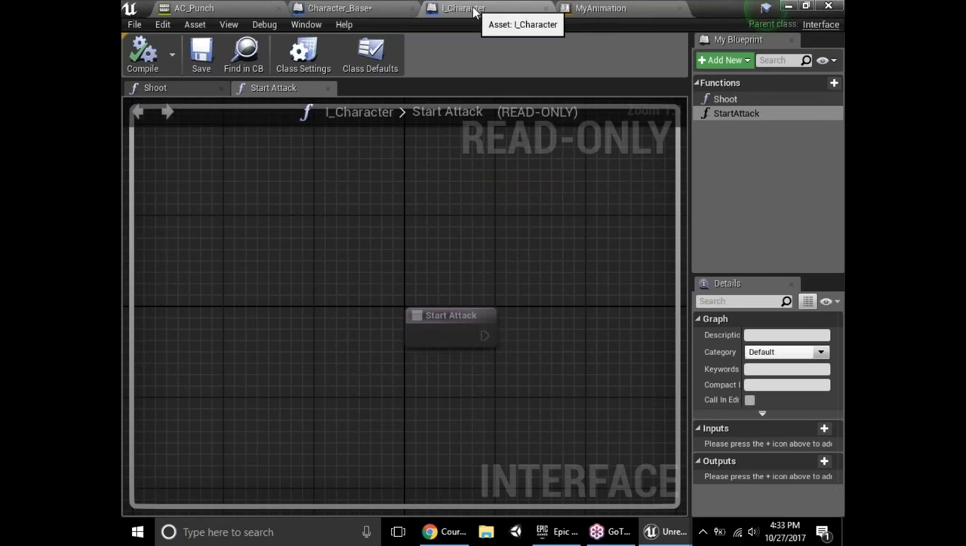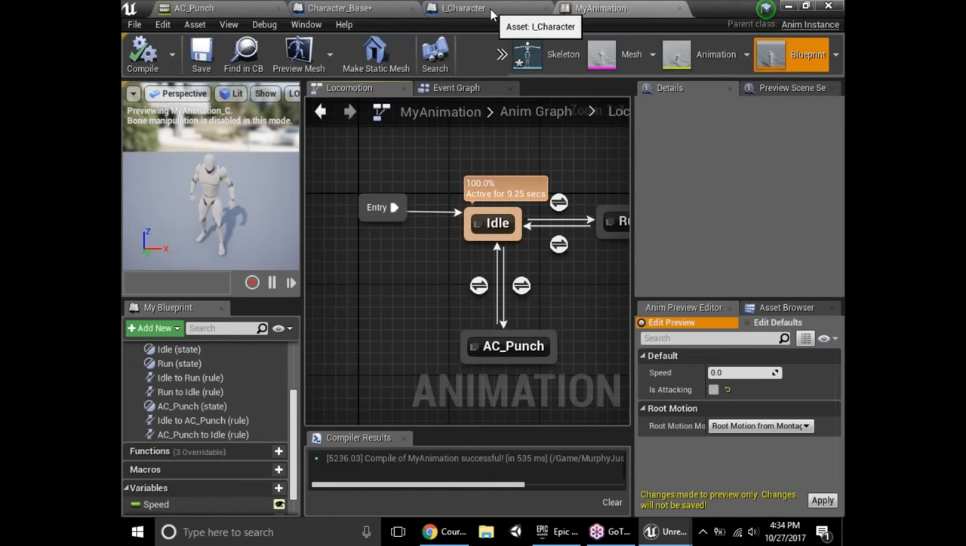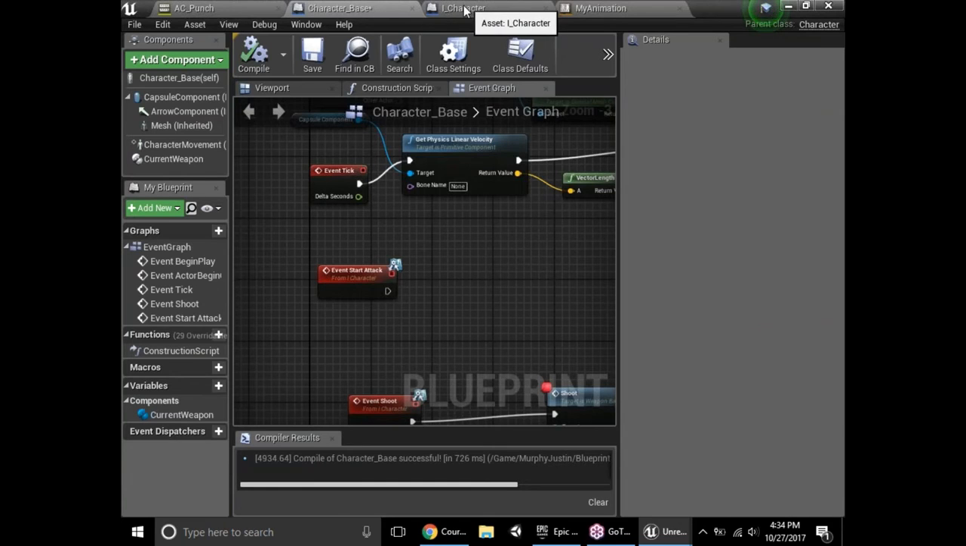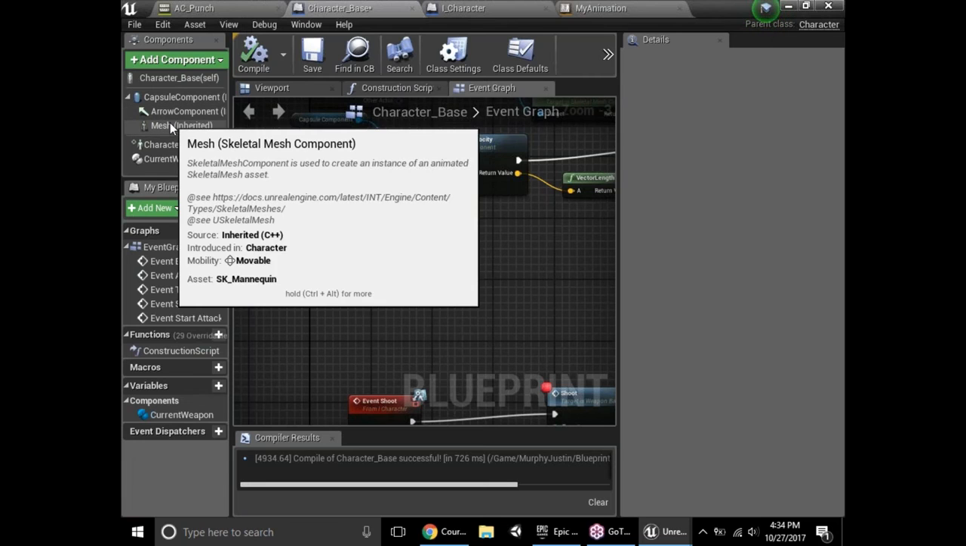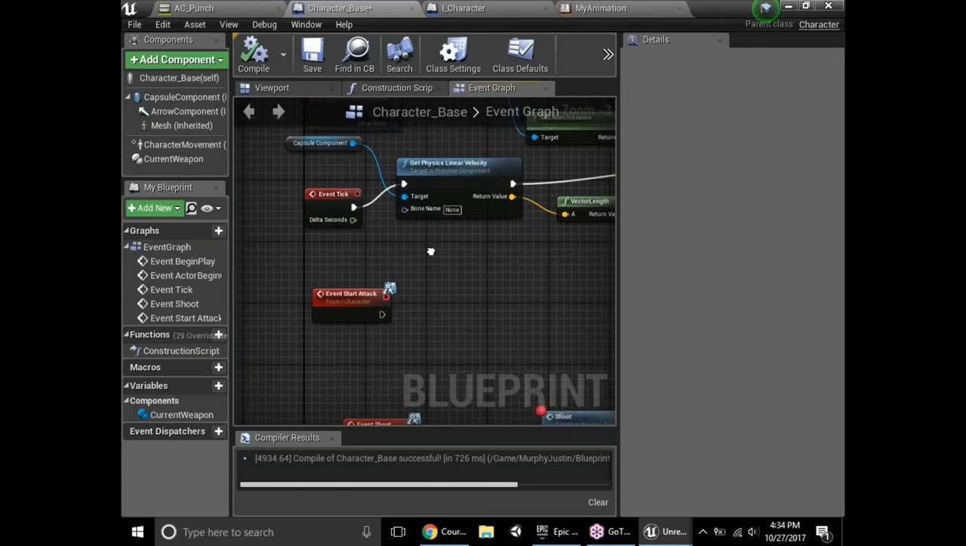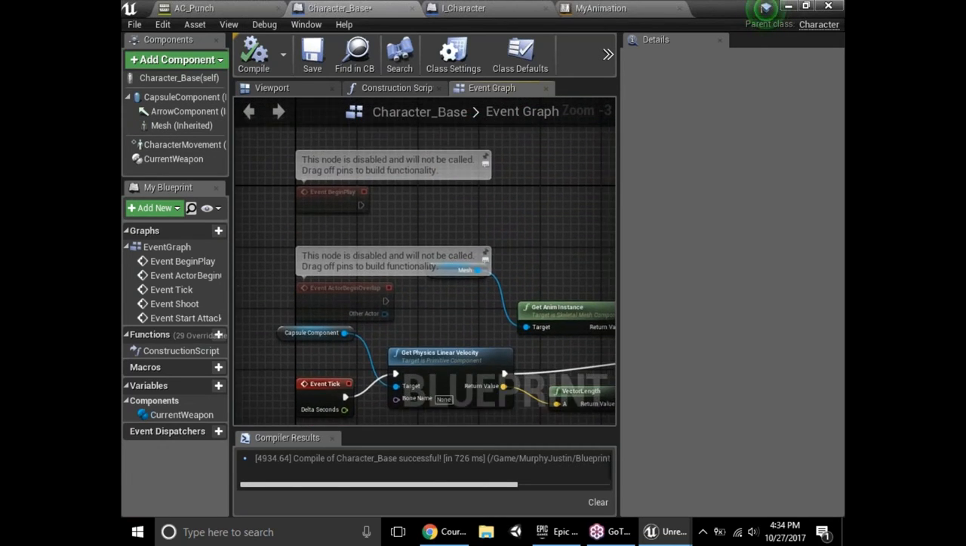So that's basically what we want to do for the animation. Now we need to let our character controller actually get this to start playing. So we have our start attack. It needs to tell our mesh's animation about this. So in event begin play,